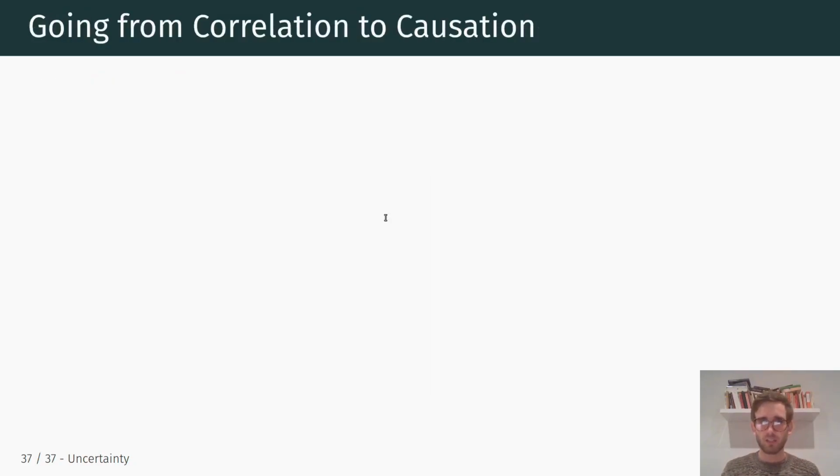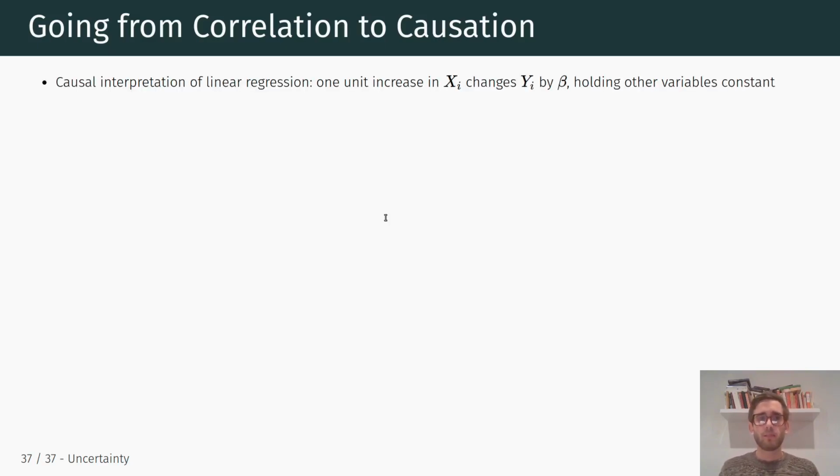Okay. Now, the last question that you might be wondering is, even if we control for potential relevant omitted variables, and we can still not interpret these associations as causal, how can we actually move from correlation to causation, right? And first of all, what does it mean ultimately to have a causal interpretation? We talked about this in the context of the